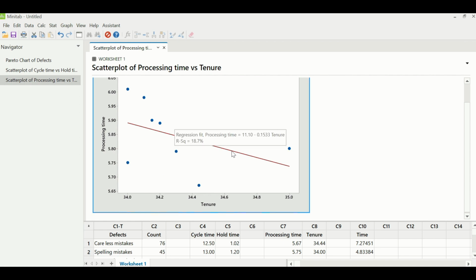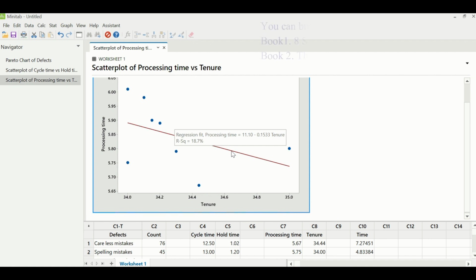So processing time is equal to 11.10 minus 0.1533 into tenure. It means there is a negative correlation because you can see there is a negative sign here in front of 0.1533.